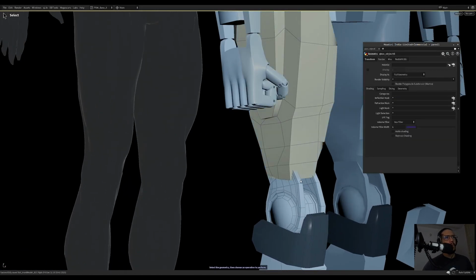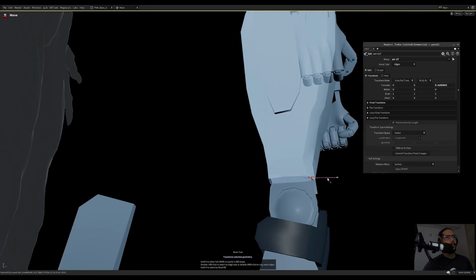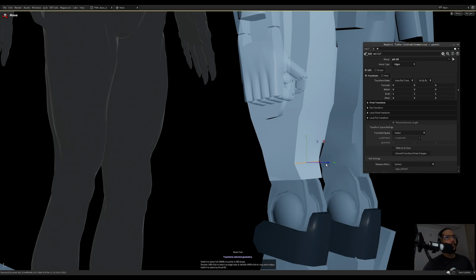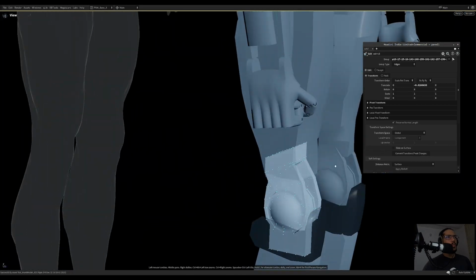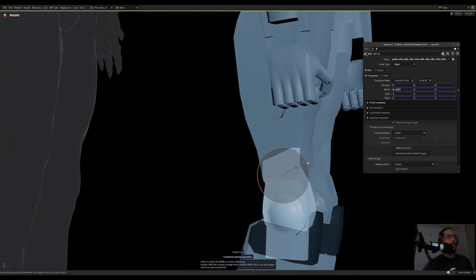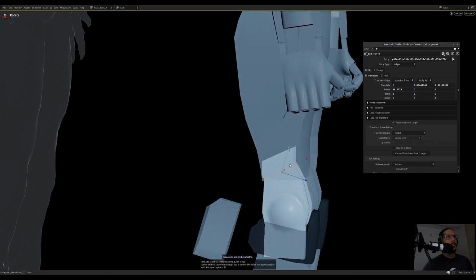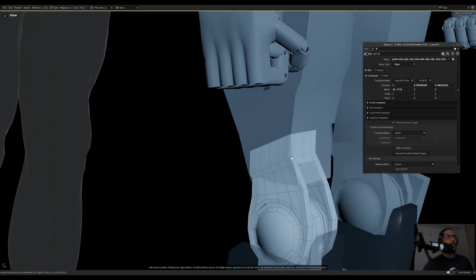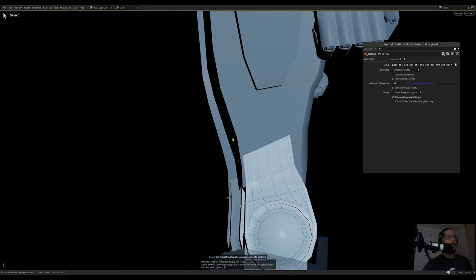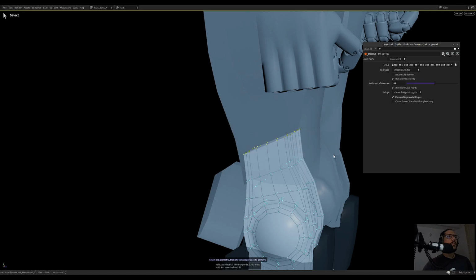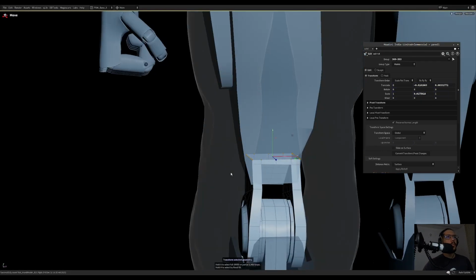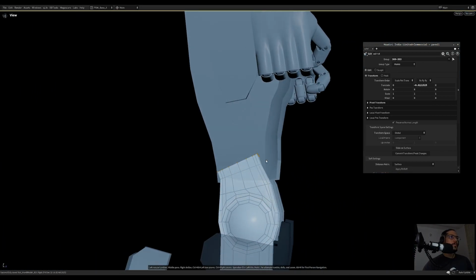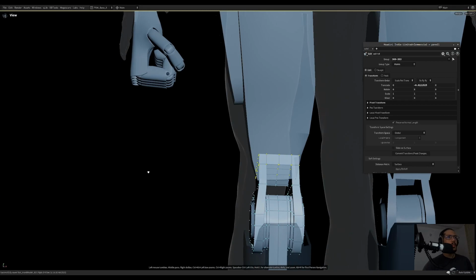So right now what I want to do is work on this section. This connection. So let me see the wireframe. Can I get rid of this guy? Yes. Okay. Now maybe just